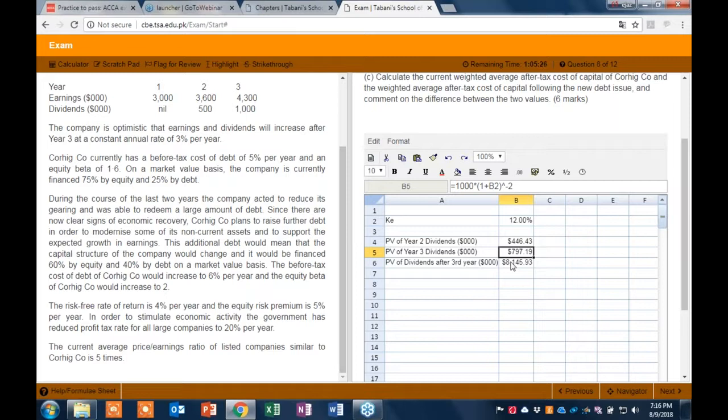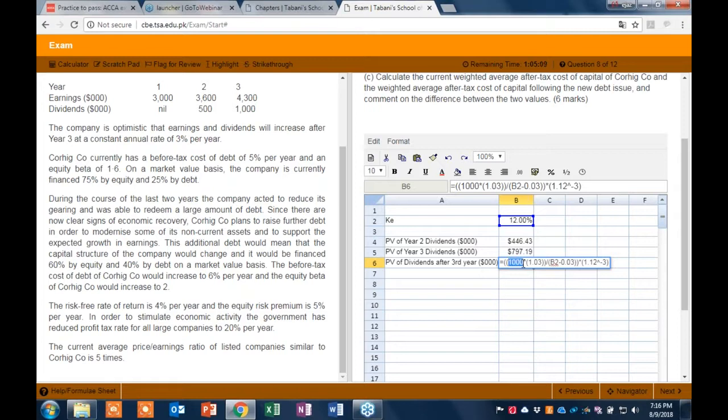That means there will be a 3 years delay. So once we have used the dividend growth model, in the end, we'll have to multiply it with the discount factor of 3 years to incorporate the impact of delay in those dividends. So first, we just simply need to use the dividend growth model, in which we have